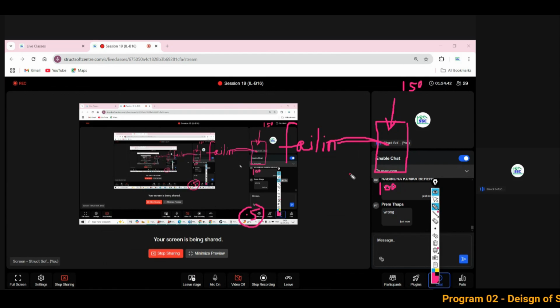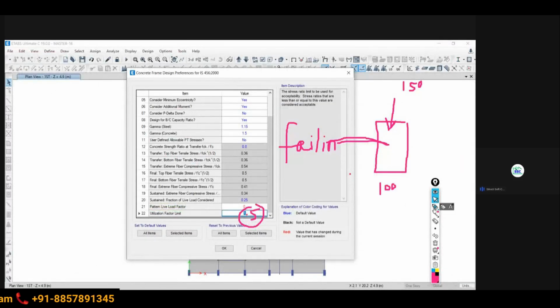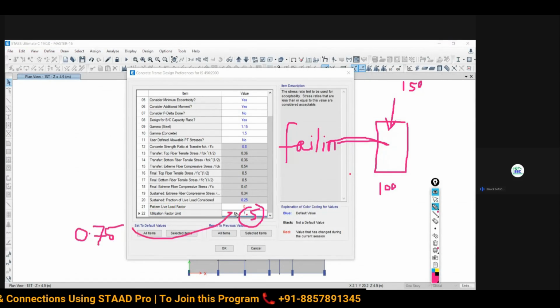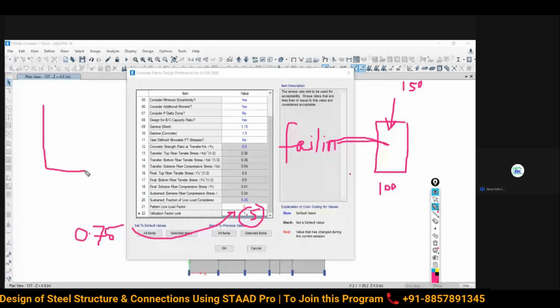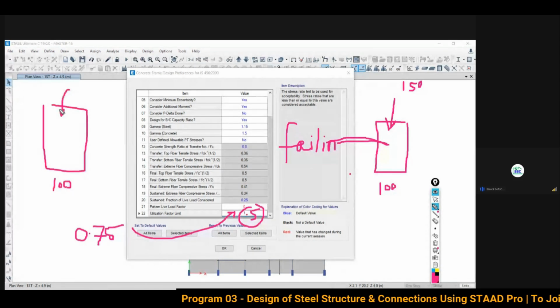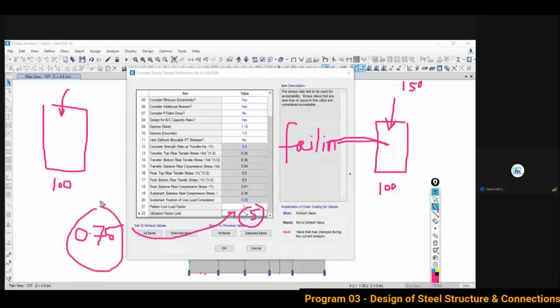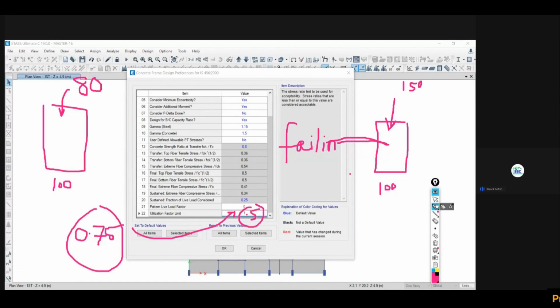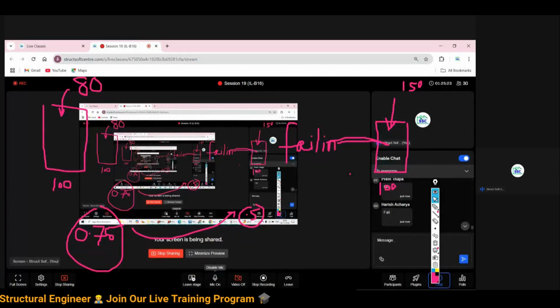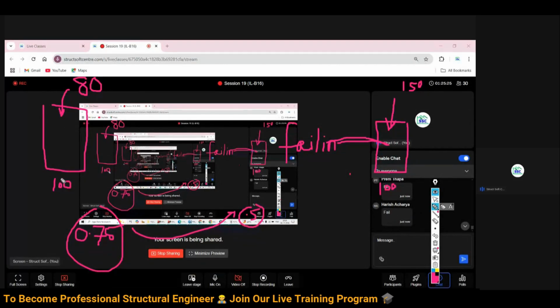And if I put it as, let's say, 0.75. My column has a capacity of 100 kilonewton, so the software considers 75, and the load is coming as 80. So my software will show it as what? Failed or passed? It is showing failed. So is it the safe side or the unsafe side? If you want safety, it is the safe side.